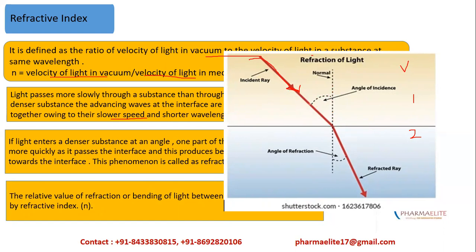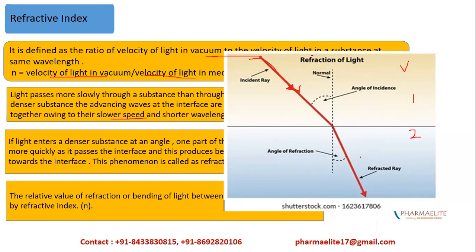So this is how the light is entering. Here it will be fast because this is less dense. As it goes into the medium, उसका speed कम होगा because it is going into a denser medium. And as light enters a denser medium at an angle, one part of it passes quickly and the other part of it bends. And this bending of light rays is called refraction. That is the phenomenon of bending of light ray when it enters from one medium to the other.